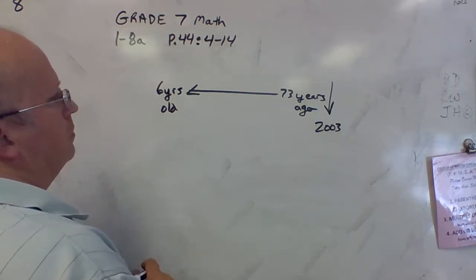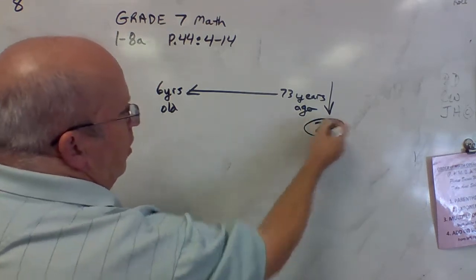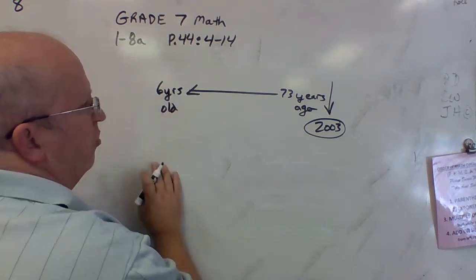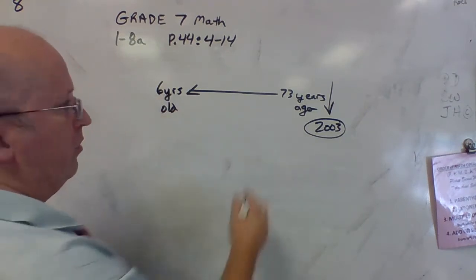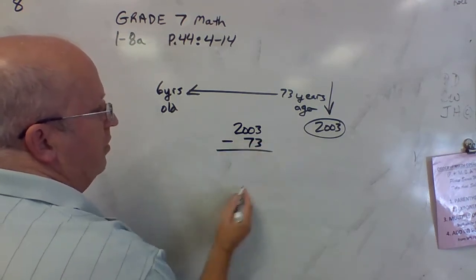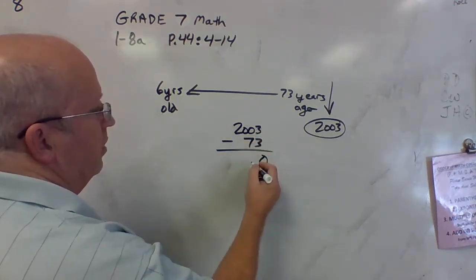Well, right now, supposedly it's 2003. When was she 6 years old? Doesn't it make sense that we have to take this 2003 and subtract 73 to get,